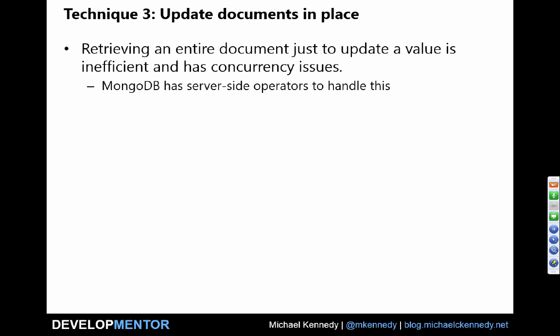All right, another thing you can do that's very important is with these documents, typically if I want to make a change, I could go and pull the entire document back, kind of like Entity Framework, pull the object back, make a change to it, and then push it back down into the database. Now, because these documents can be large, right, let's imagine one is like a megabyte. If I just want to increment the book's page view count or some little metric about it, or add a rating or review, I don't necessarily want to pull the whole thing back, right? It also has concurrency issues as well.